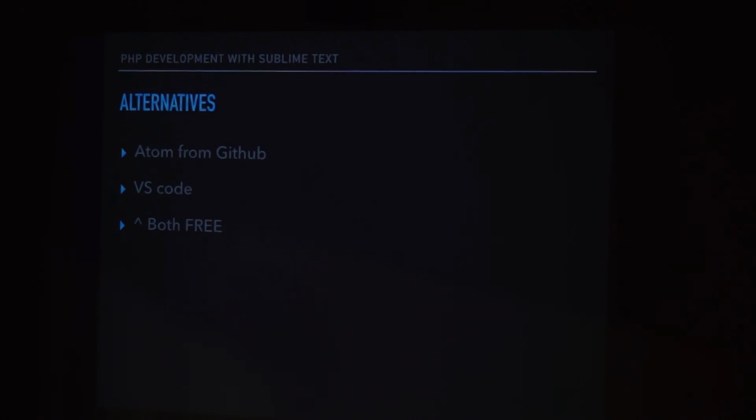Whereas, obviously, their own language and JavaScript have really good support, a bit more like the IntelliSense functionality that you get in the full-blown Visual Studio. Visual Studio is a monster, but in terms of that kind of code completion and knowing what's going on in your code, I've never used an IDE like it. It's brilliant. But so for Visual Studio Code, you don't get that. But the advantages of both of those